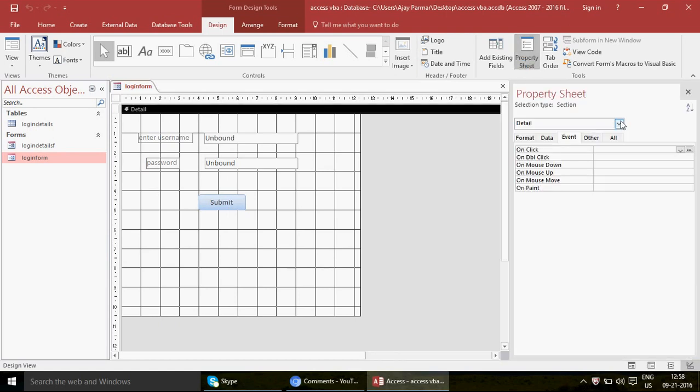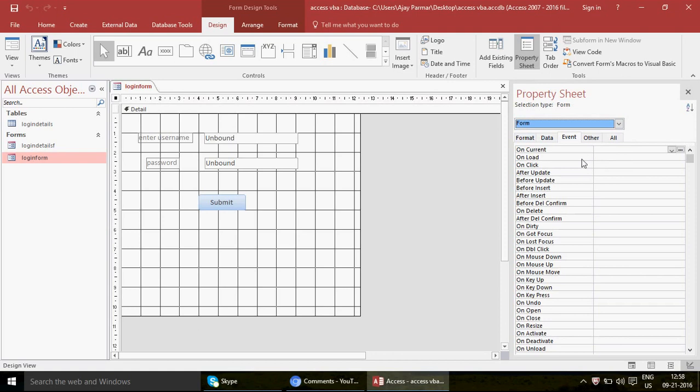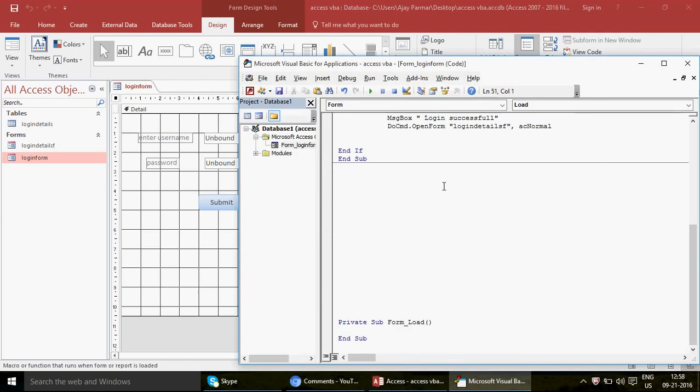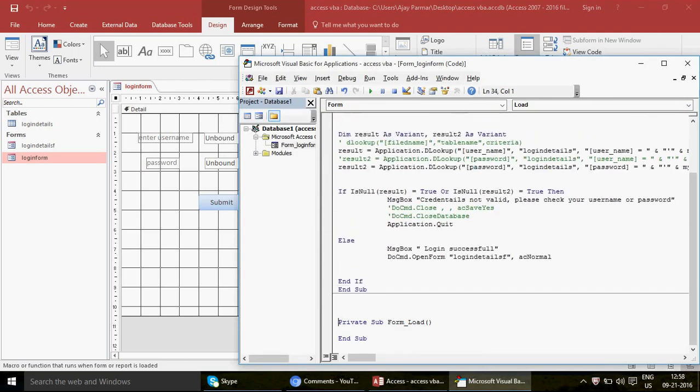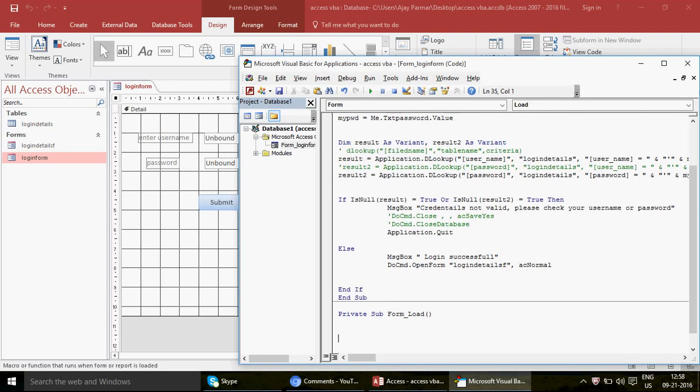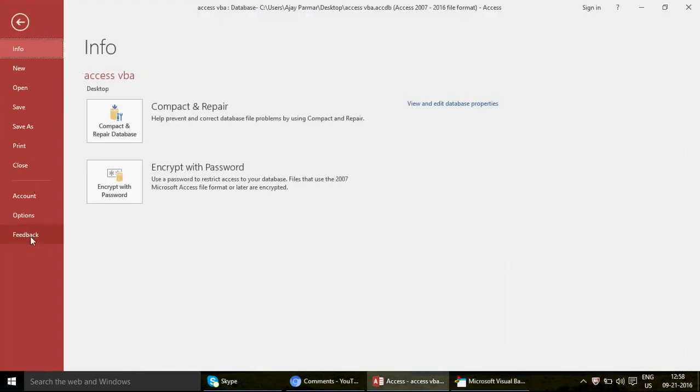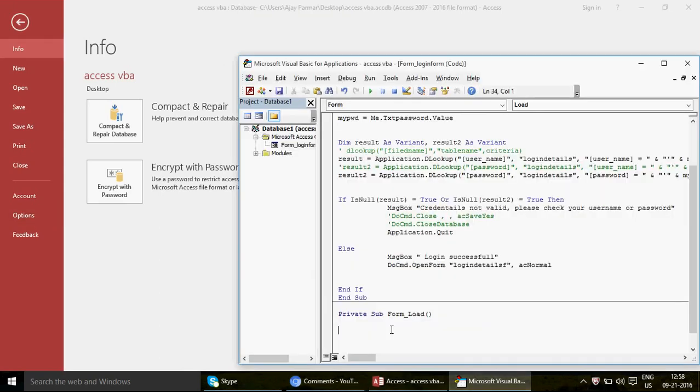This is my form, and on the load event, whenever this form is going to load, we are going to run the event procedure. Just click on this, and there we go. So on the form load, I am going to write one line to disable the ribbon, so that the user can't go to the file option and see your settings. We are going to write DoCmd, then a dot, and then you have a command called